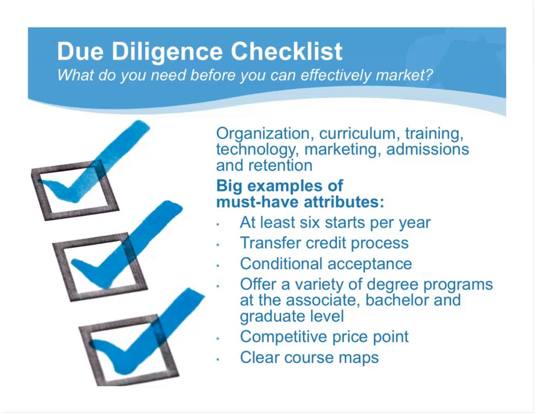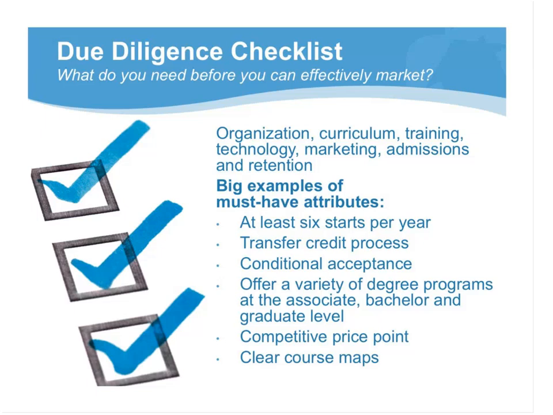The next point is offering a variety of degrees at each key level. What we find is that if you bring somebody in at the associate level for, let's say, criminal justice or business, wouldn't you want them to continue at the bachelor's level and potentially even the master's level? This is really important from a lifetime revenue standpoint, which, as a marketer, is the number you're looking for to base your marketing cost per acquisition numbers off of. We're going to be talking a lot more about that in the latter part of the presentation.